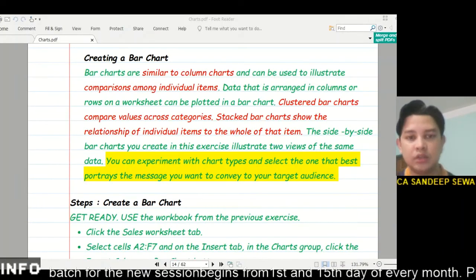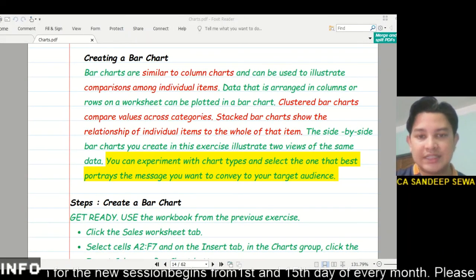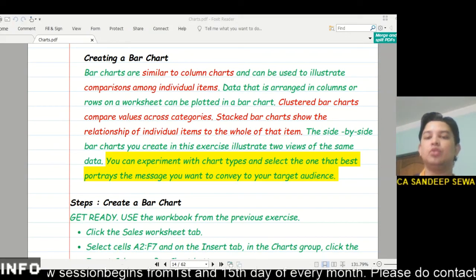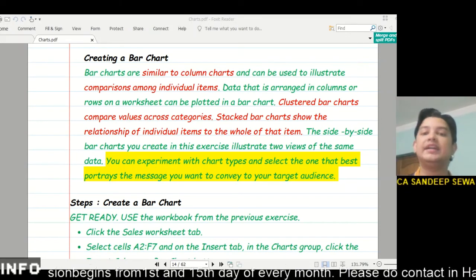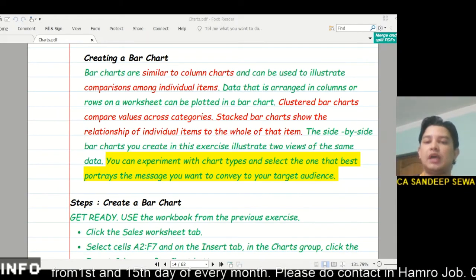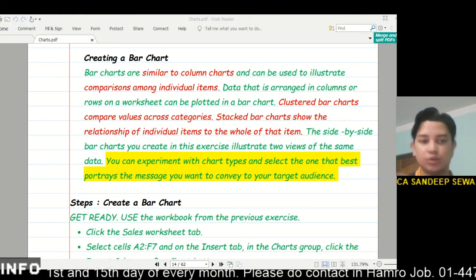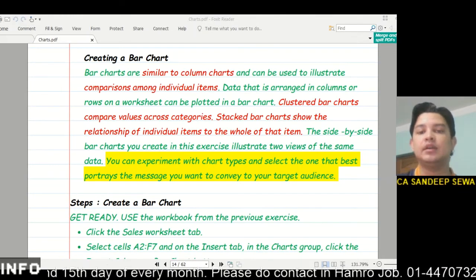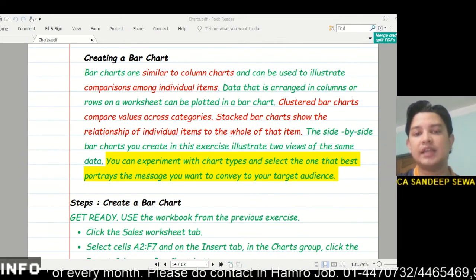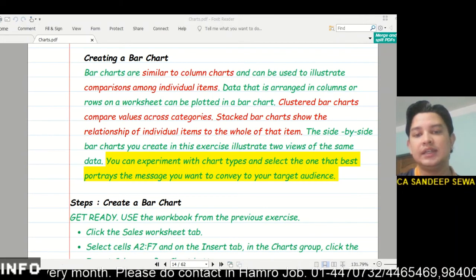You can read it. A stacked bar chart shows the relationships of individual items to the whole of that item. In 2014 I have shown you the relationships. That is a stacked bar chart. And the side by side bar chart you created in this exercise illustrates 2 views of the same data.